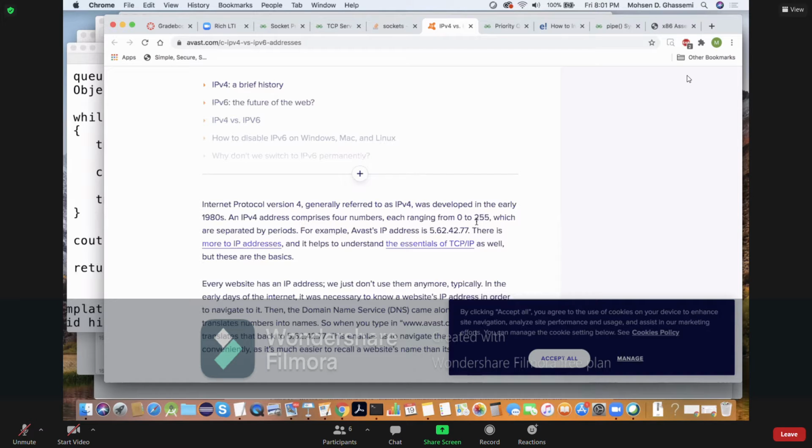Each bit has 3 things: the base, which is 2 because it's binary, and the power, which is the location. This is bit 0, because we're going from right to left. Bit 0, base is 2 to the power of 0, and then the value for that bit location